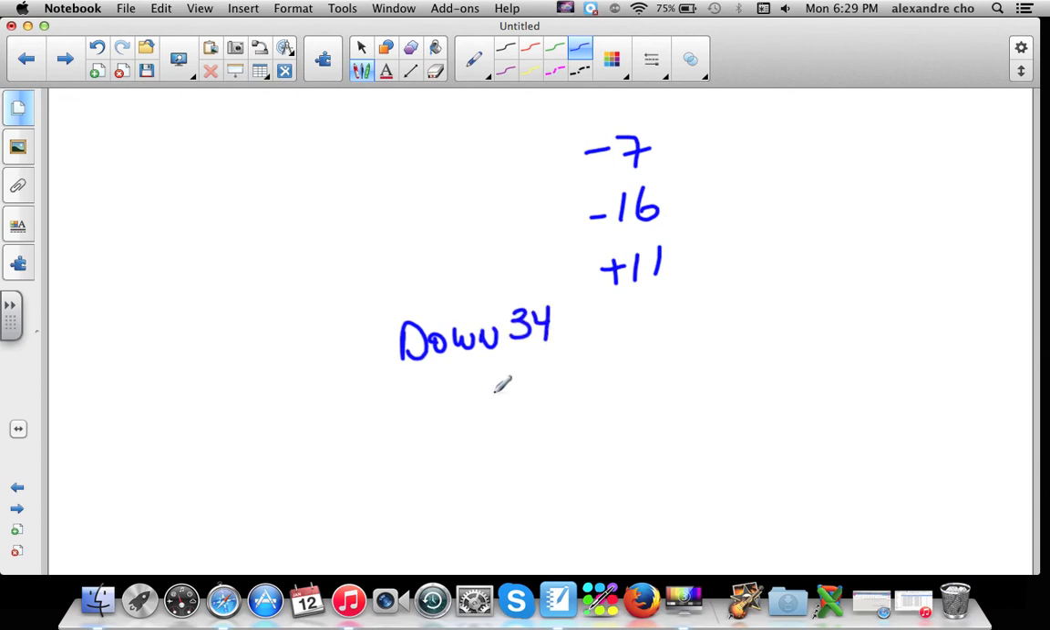Okay. And down 34. Okay, which leads you to negative 23. Now all of a sudden you're back to negative 1. You're not all the way into positive territory, but you're pretty close. So you're at negative 23rd floor. You want to go to negative 1, so you got to go up